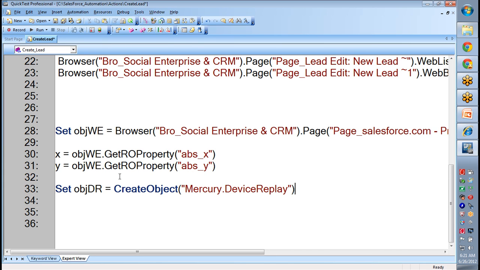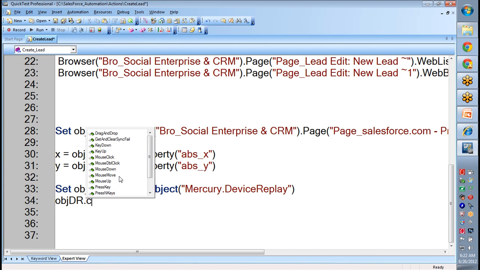This is the object you can use wherever QTP is creating problems. With the help of the device replay object, you can perform a click operation with the help of x and y coordinates. Wherever QTP identifies something as a web element and you have to click on that object, you can click on it with the help of Mercury device replay. Object device replay dot mouse click